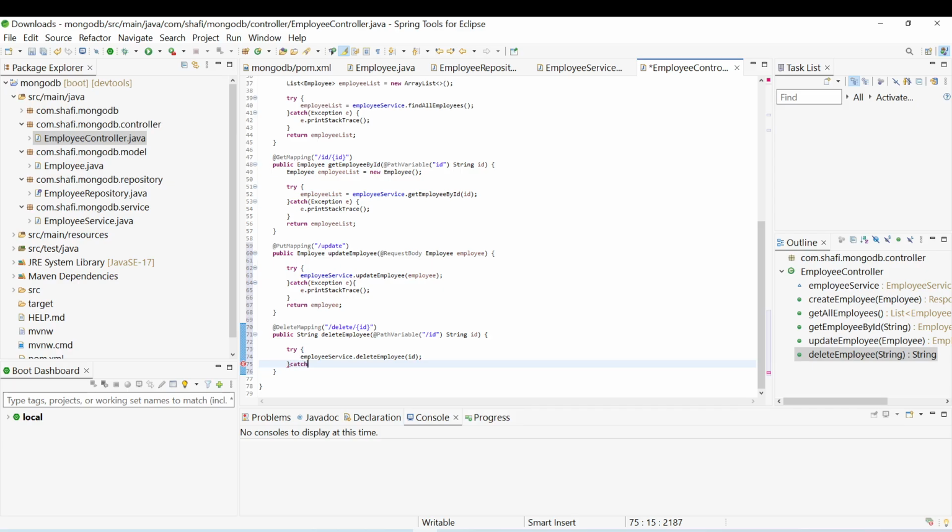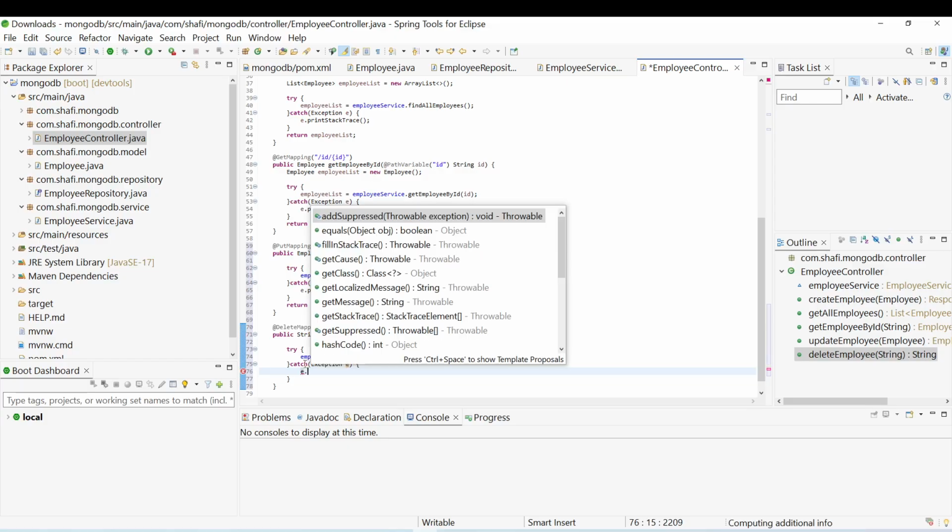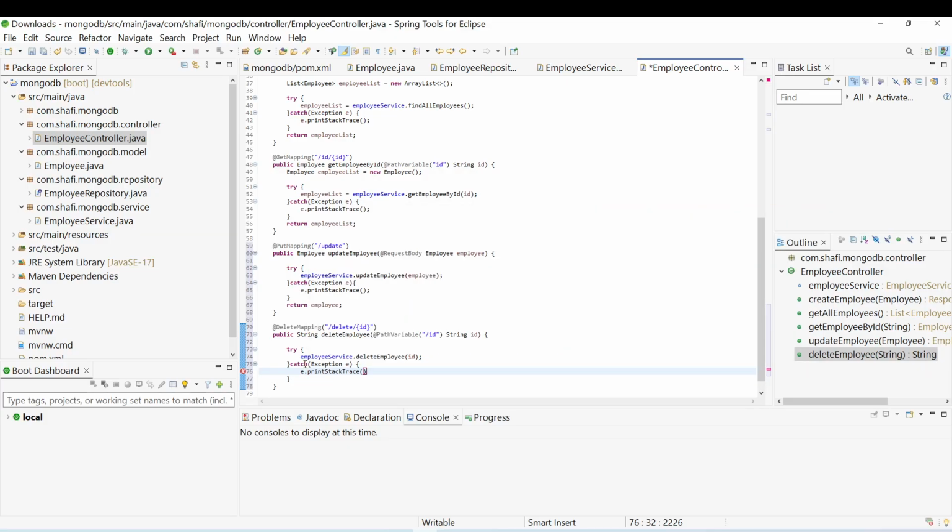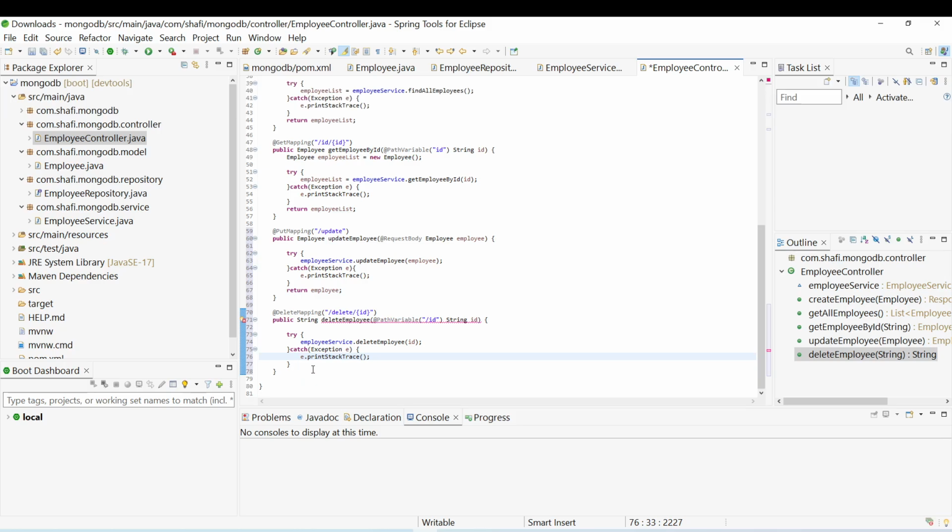I'll start a catch block, catch, open close brackets, and create an instance of the exception e, then open close curly brackets, e dot printStackTrace in case of error. Okay, and then here I will return the message to the user saying that employee with id